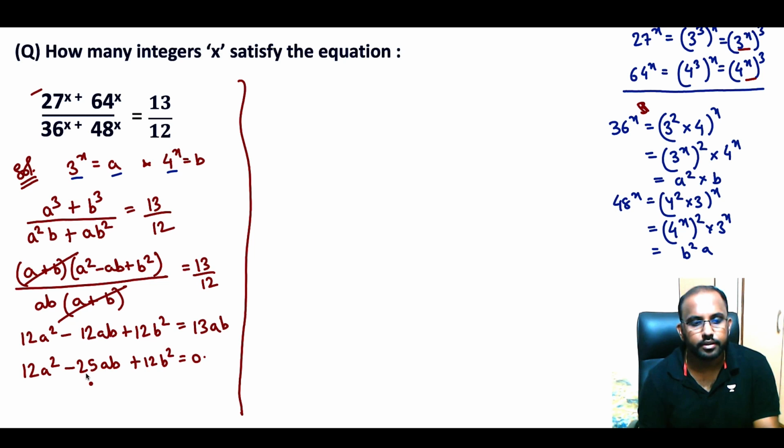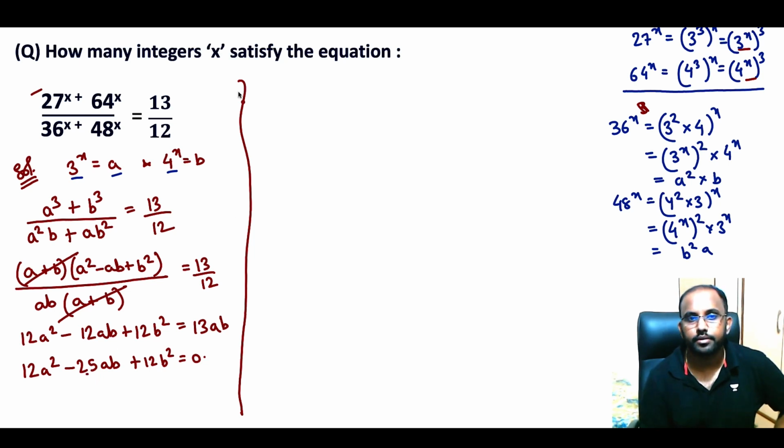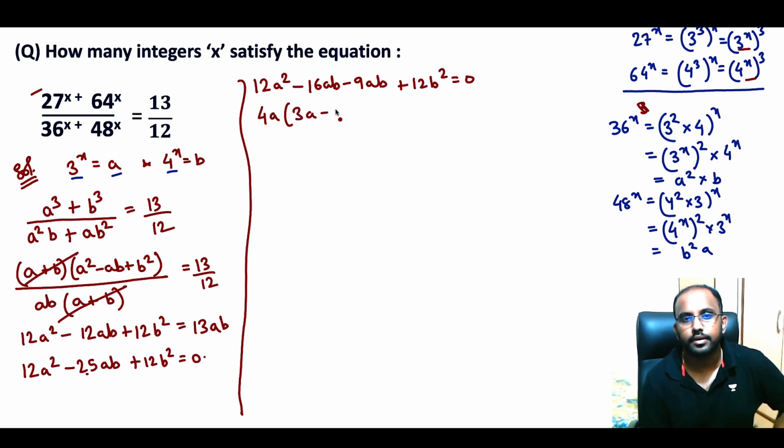I can just take this 12a square, no? So I think 12 into 12 is 144, and that will be 16 and 9. So I can just break like this: 12a square minus 16ab minus 9ab plus 12b square is equal to 0. 4a you can take as common, so 3a minus 4b plus, from here I can take minus, no? So I can take here minus 3b as common, that will be equal to